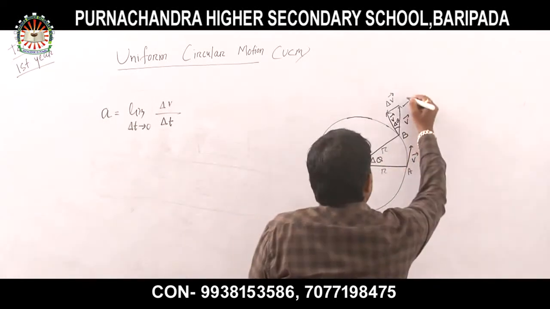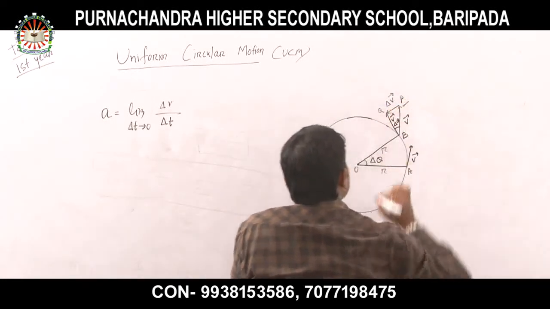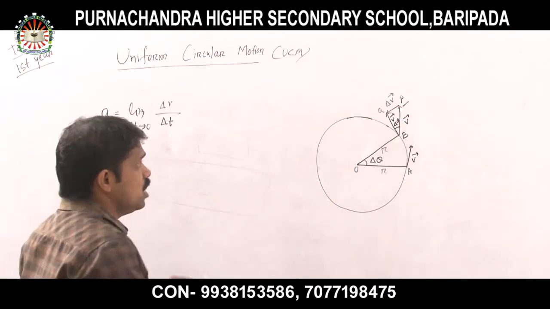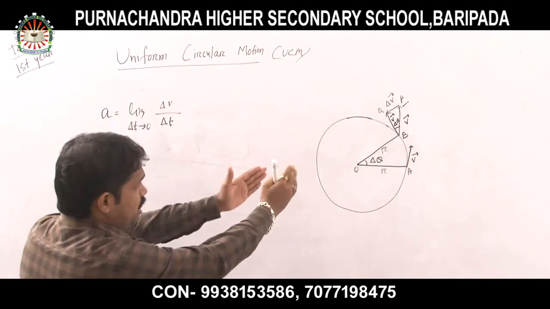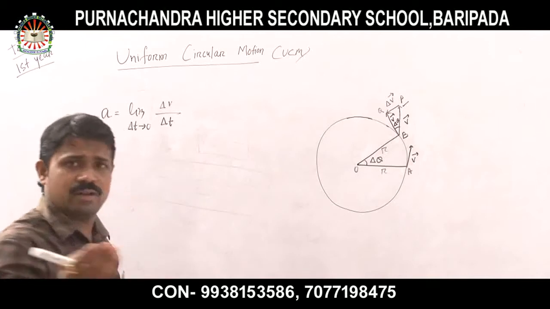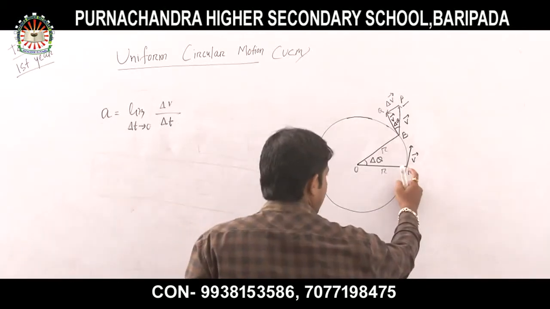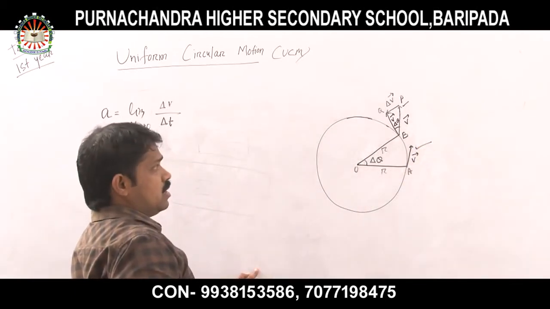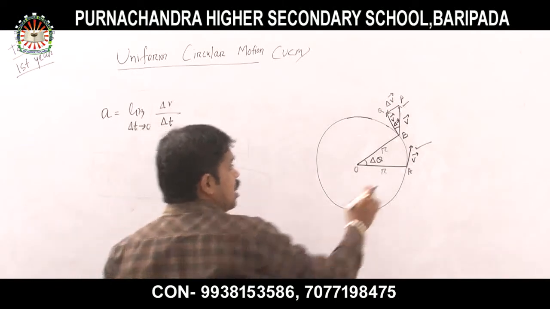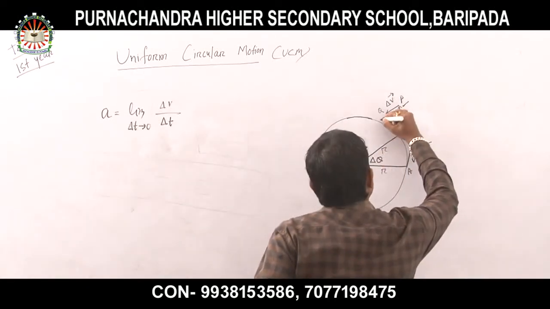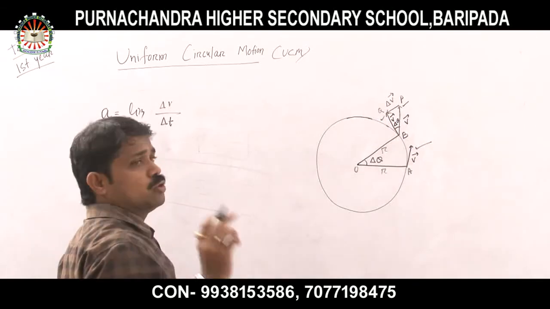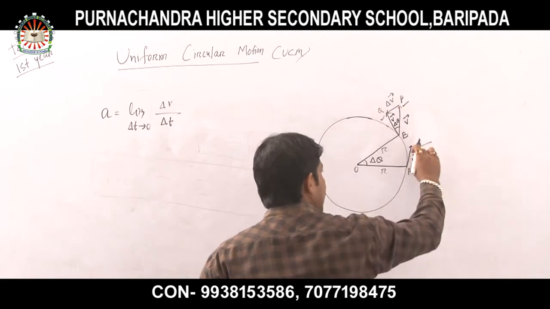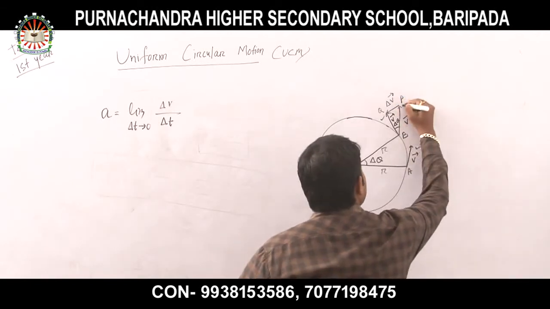Okay. Then suppose I name this PQ. Then PQ is nothing but your del V. Understood? That PQ is nothing but the velocity at point B minus the velocity at point A. Very simple. Again I will repeat this very carefully. This is the tangential velocity vector due to A. This is the velocity vector due to B, and I will project this to point B. Then when I project this vector at point B, this is my vector.